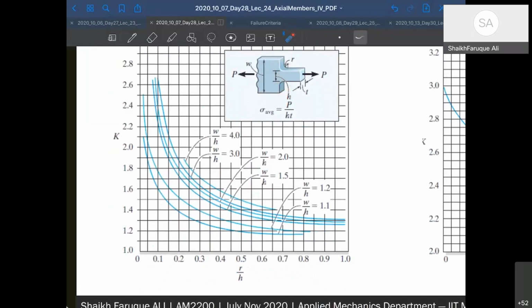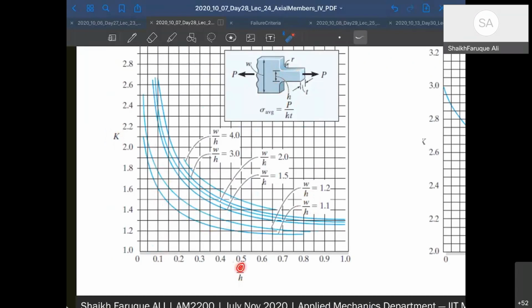So radius of curvature by h, that means this curvature by this h is on the x-axis and your stress concentration factor K is on the y-axis. And you see, you get different curves for different values of W by H ratios. Okay, so how big to how small you are becoming, right? So you see all the stress concentrations are quite high when your radius of curvature R is almost near to 0, right? And it goes down, it comes down very fast as you have a little bit of